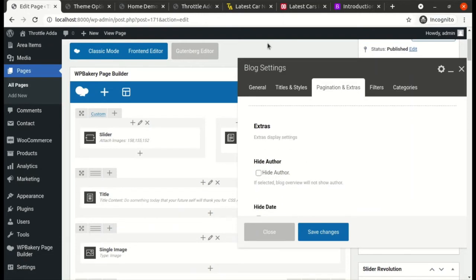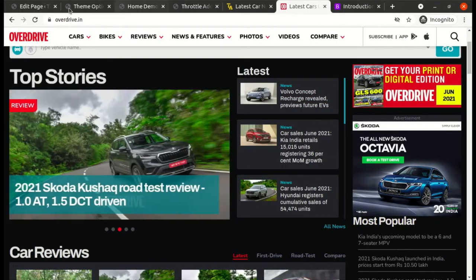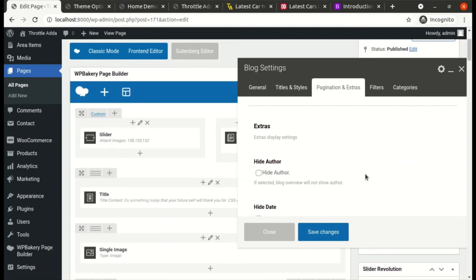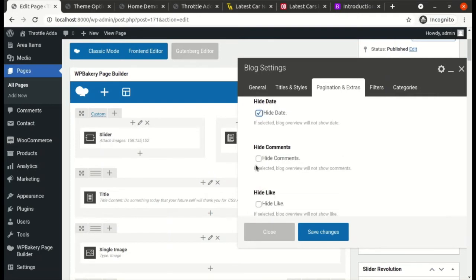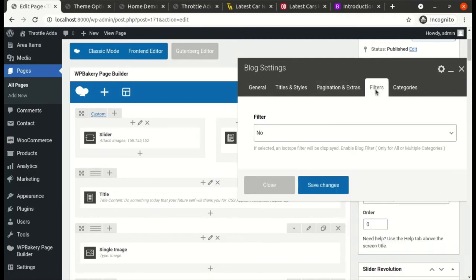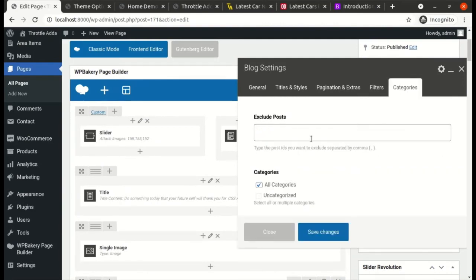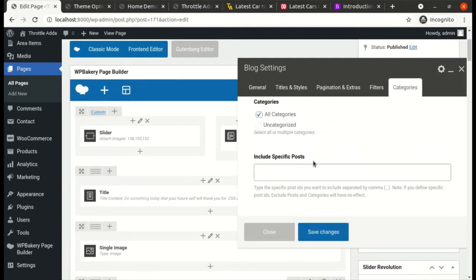As we have space restrictions, we do not want to display any related data except the title and the image. So we are hiding the author, the date, comments, likes, and categories. Filter, we do not need any filter. Exclude post, we don't need to exclude any post for now.